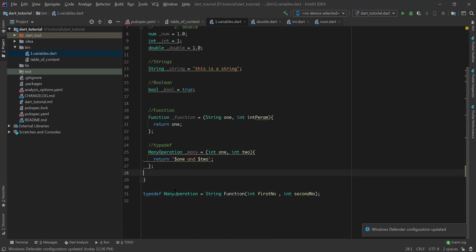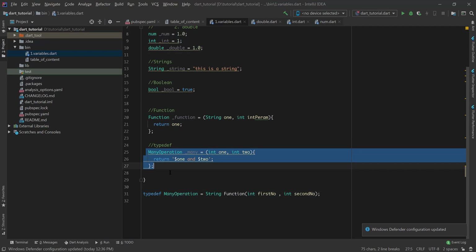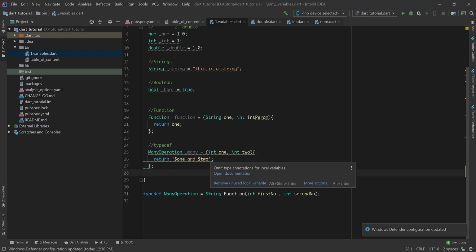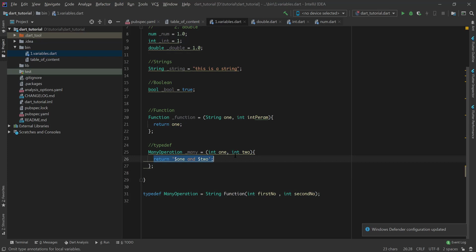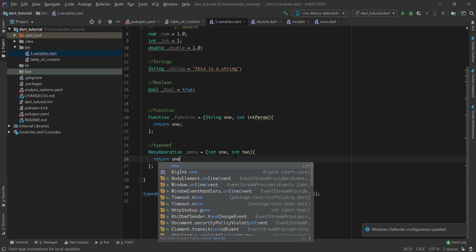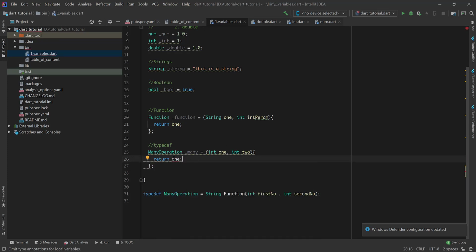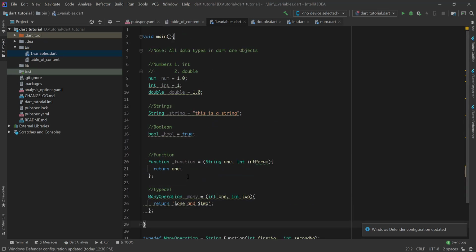Like here we have defined the type, and here we are using the type and assigning it to the function which has two integers as parameters and returns a string. If we return an integer here, it will give us an error. See, it is saying the return type int isn't a string as required by the closure context. This is all about Dart variables.